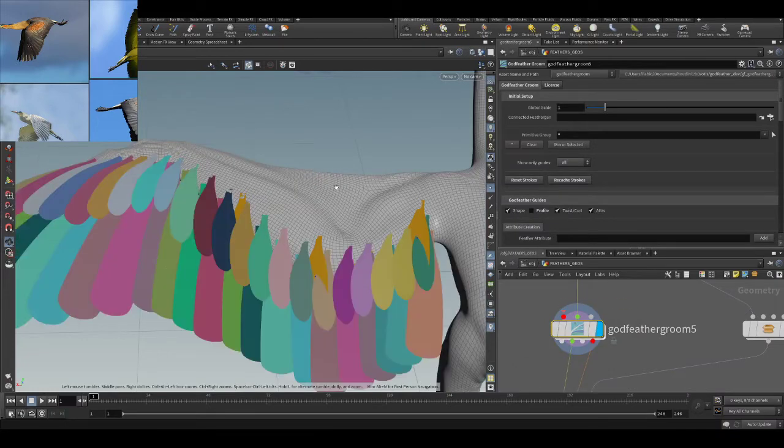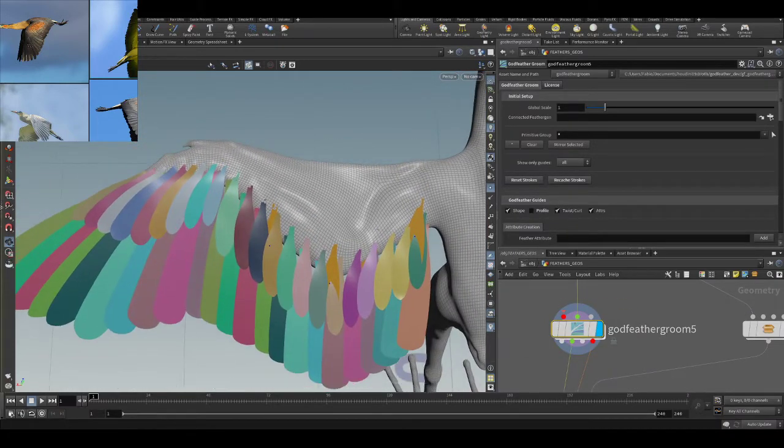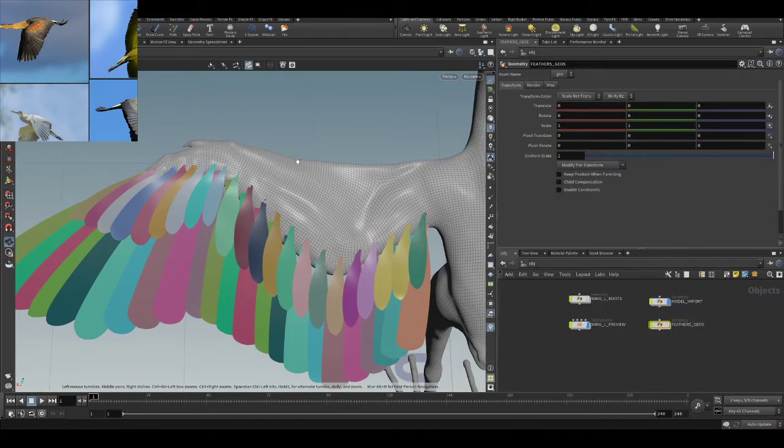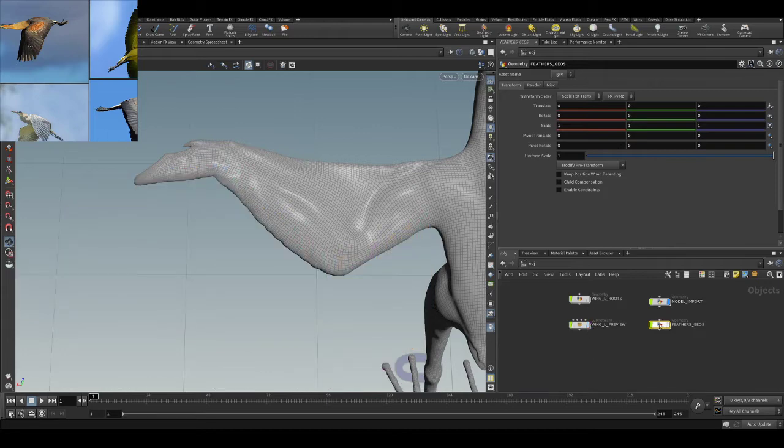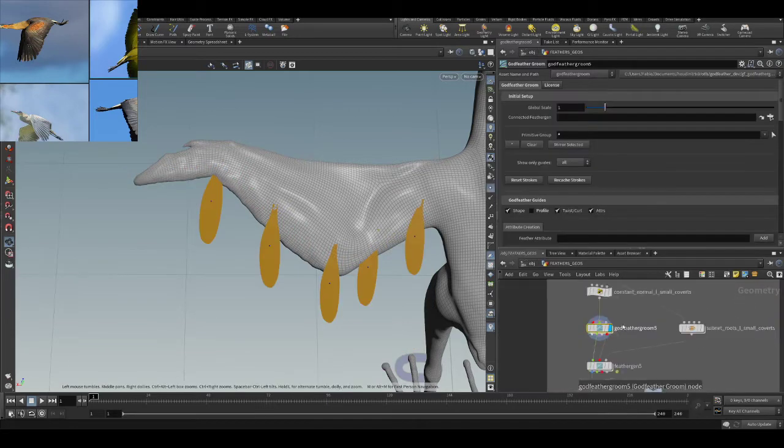So now we will add some standard guides to the region where the coverts are supposed to be. So let's turn off the wing preview, and let's go to feather geos